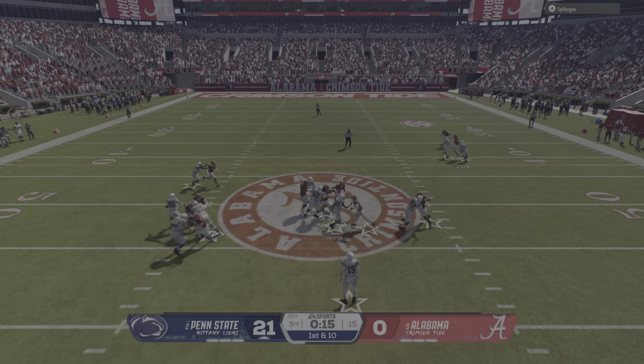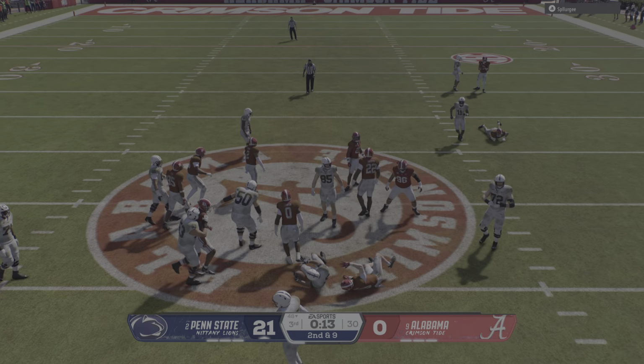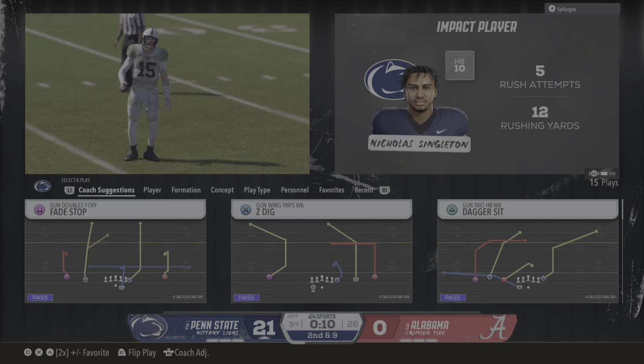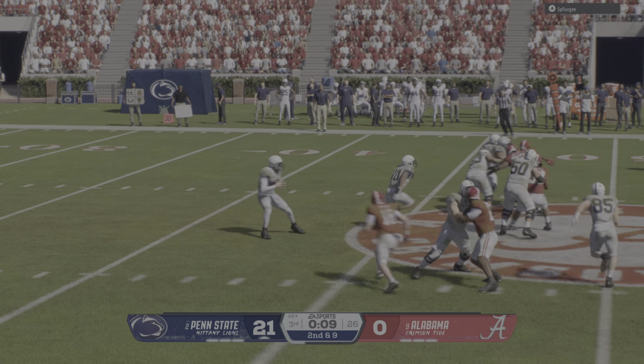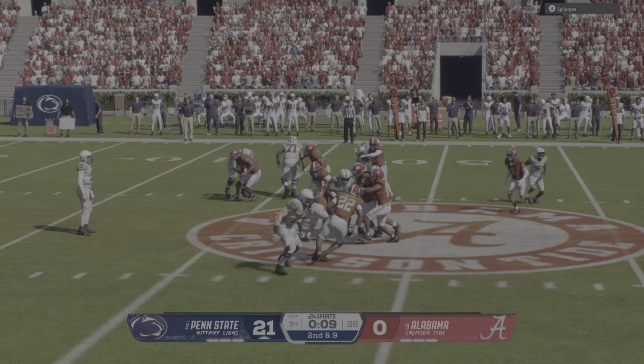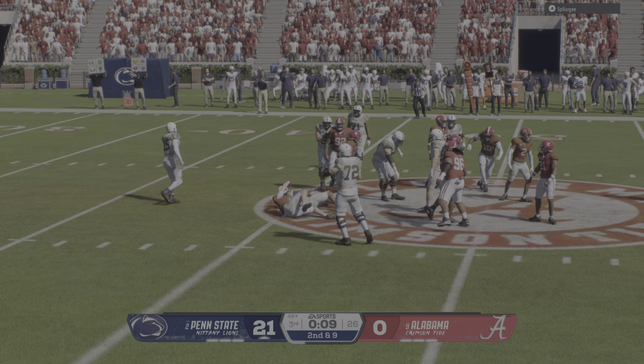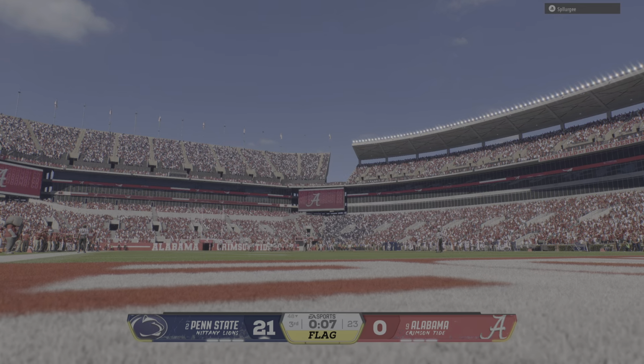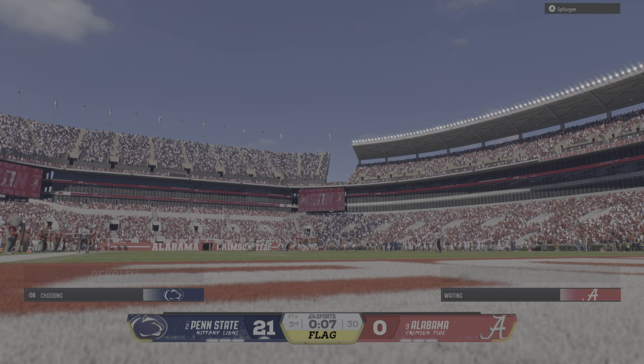They'll run it out of the shotgun. And this one will be stopped for no gain. Didn't get much on 1st down. It's 2nd and 9. Looks as if the defense was a little too eager there. Got into the...